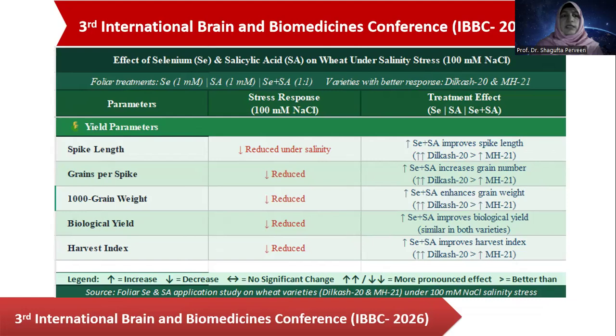Yield parameters. The different yield components like spike length, grains per spike, 1,000 grain weight, biological yield and harvest index decreased under salt stress. However, the combined foliar application of selenium and salicylic acid improved the spike length, grain numbers, grain weight, and improved the biological yield and harvest index. And of the two wheat varieties, Dilkash 20 showed more pronounced effect and better performance than MH21 under the foliar application of selenium and salicylic acid under both stress and non-stress